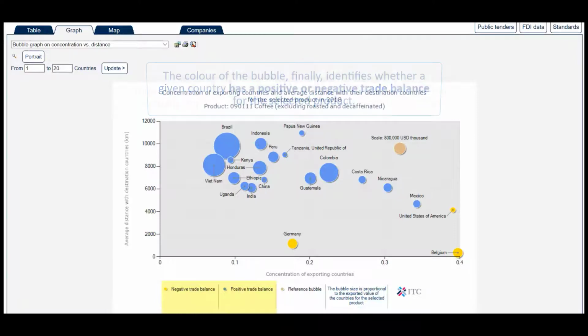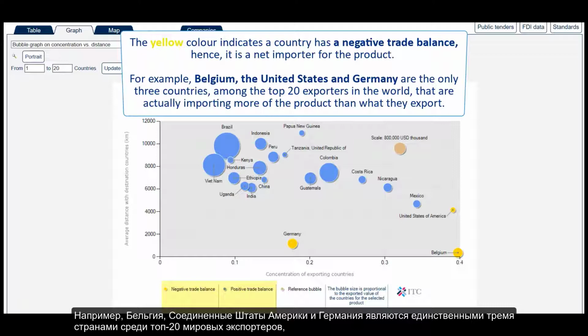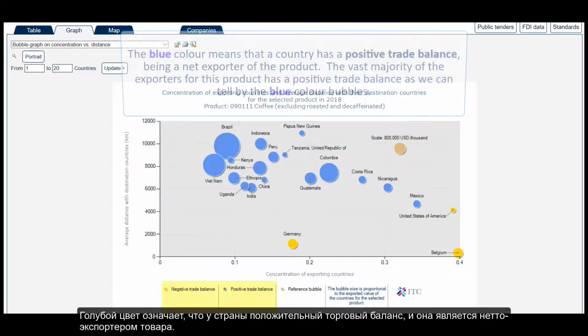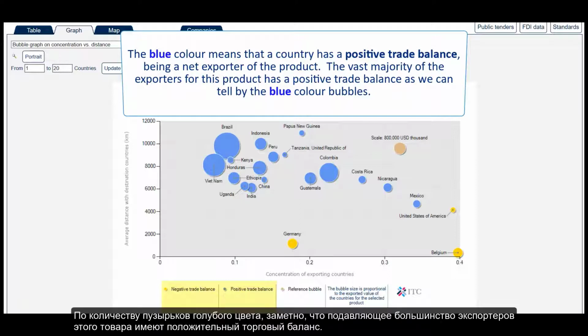selected product. The yellow color indicates a country has a negative trade balance, hence it is a net importer for the product. For example, Belgium, the United States, and Germany are the only 3 countries among the top 20 exporters in the world that are actually importing more of the product than what they export. The blue color means that a country has a positive trade balance, being a net exporter of the product. The vast majority of the exporters for this product has a positive trade balance, as we can tell by the